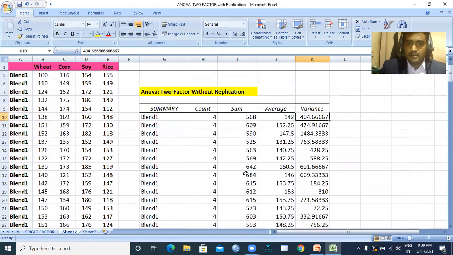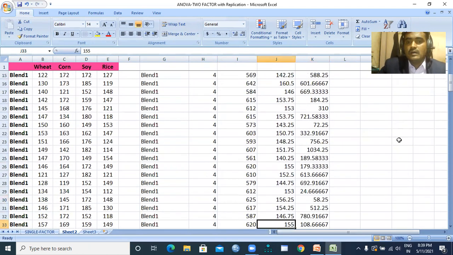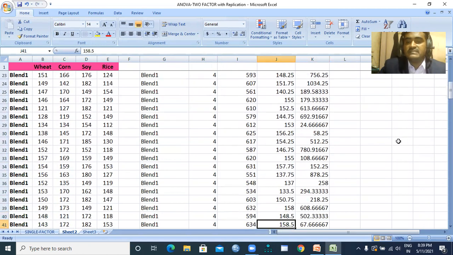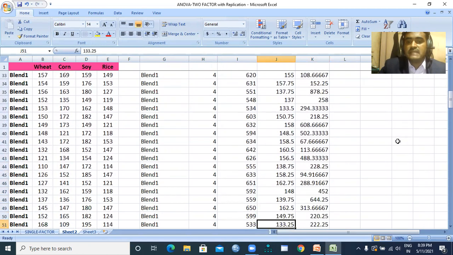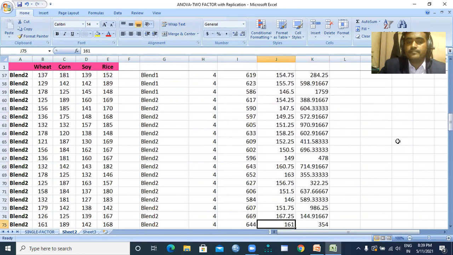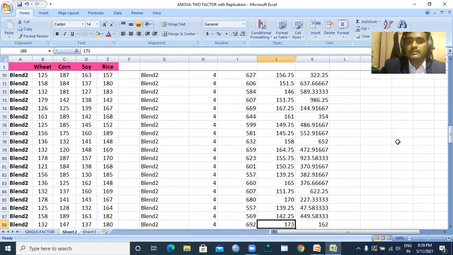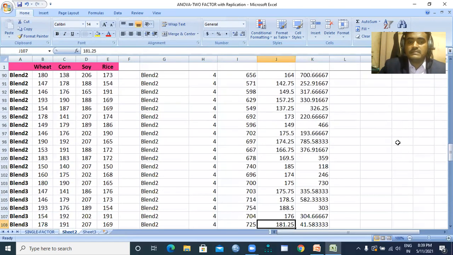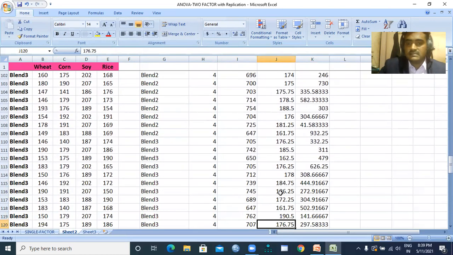You can see the averages, 141, 152, and some are the highest averages and some are the lowest averages. Somewhere here, if you can see, 186.25 is the highest average. That means the highest output from 4 different types of crops.